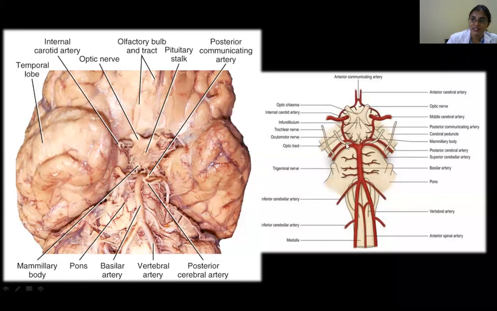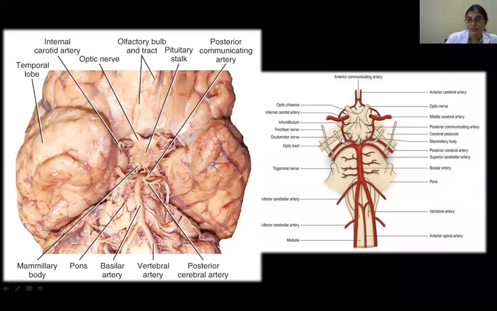We can see that the oculomotor nerve is passing between the superior cerebellar artery and the posterior cerebral artery. Between them, the oculomotor nerve is coming out like this. And you can also see the trochlear nerve when it is coming, that's also related to these blood vessels. So this is an important relation. In the exam you'll be asked about the course and relations. It's not just the course, you have to tell if any important structures are beside it.